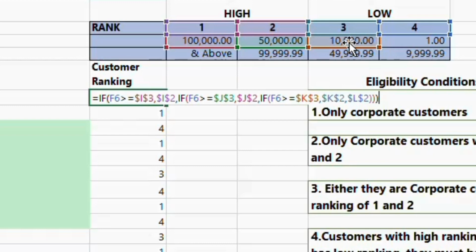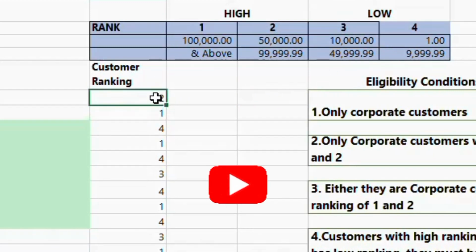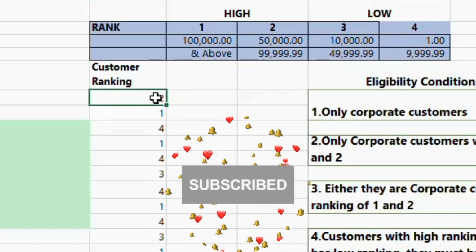Same applies to the third and fourth condition. The previous condition becomes a base for the next. I hope this makes sense. Let's move forward. Since we have been able to successfully rank our customers according to their level of sales, let's